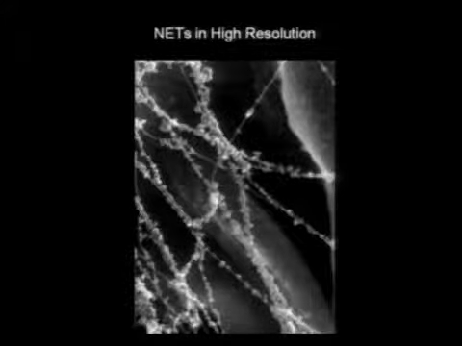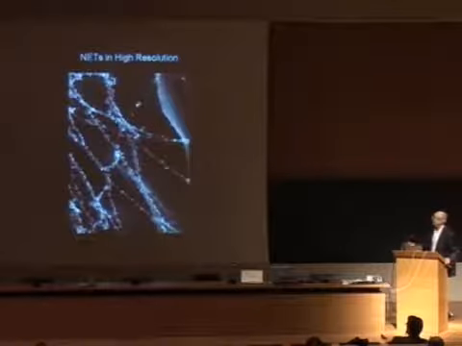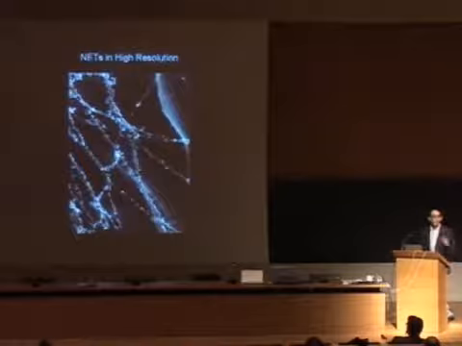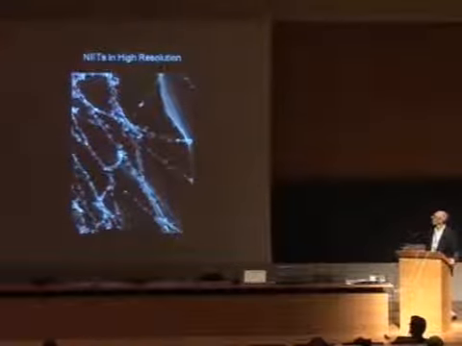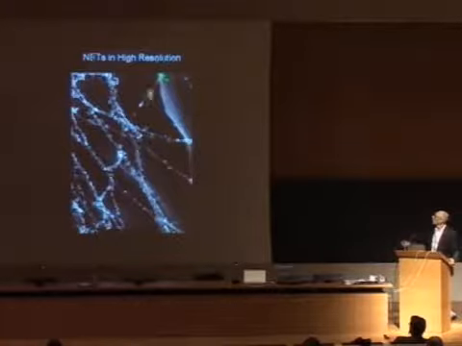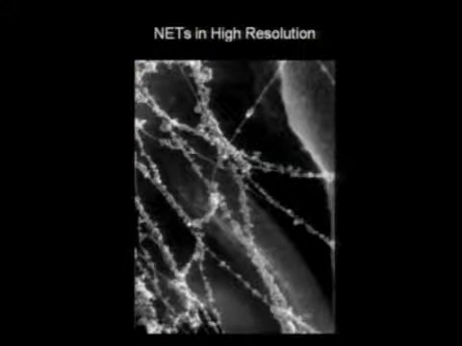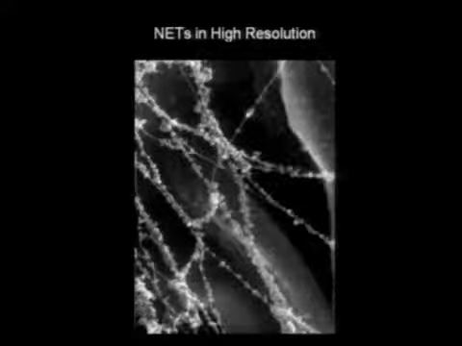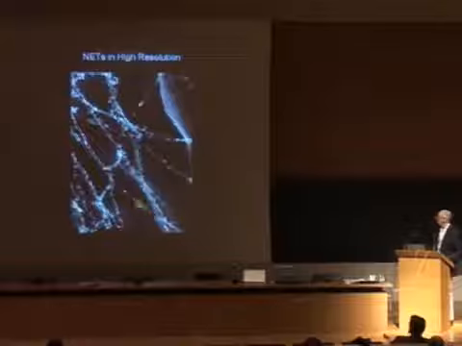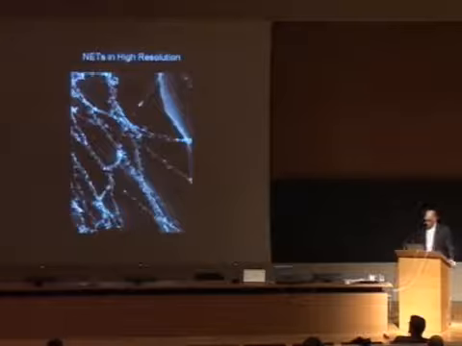scanning electron microscopy to try to understand how they are formed, or how they look. And what we observed is that there are these cables. You can see here, this is the most primordial image that we can see. These cables are around 50 nanometers in diameter, and it's rare to find these naked cables. Most of the time they are covered by these globules that are also around 50 nanometers in diameter. And some parts are also covered by other, more complex structures, and they usually stick to each other, like you can see here, and make very thick bundles.